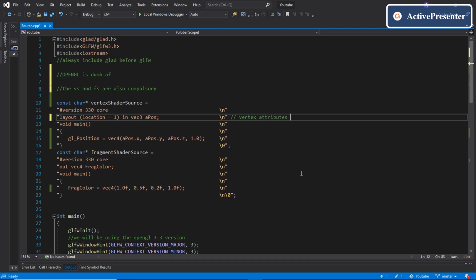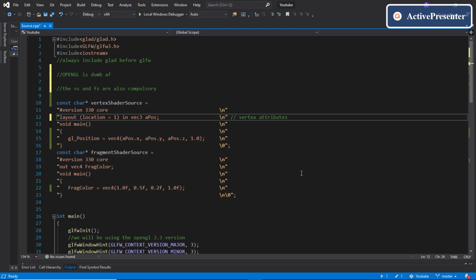Remember this word. We'll come later to this term, layout location equal to 1, so just ignore it currently. Now we use this keyword in to specify that this aPosition variable is getting inside the vertex shader.